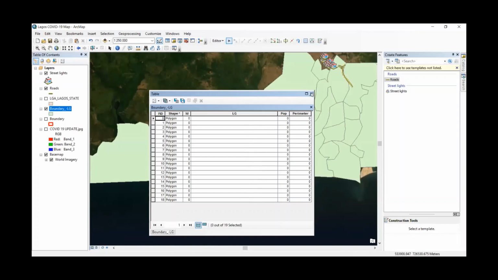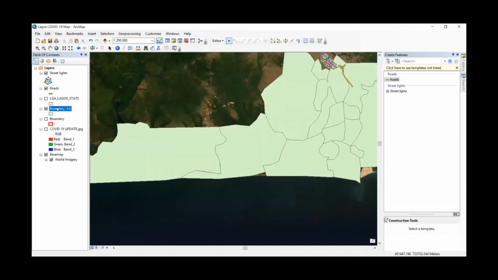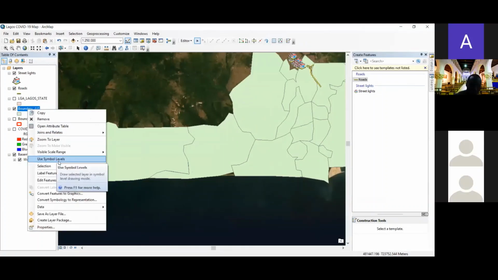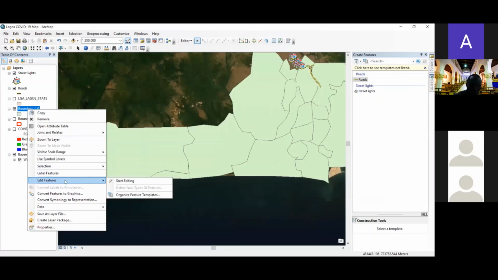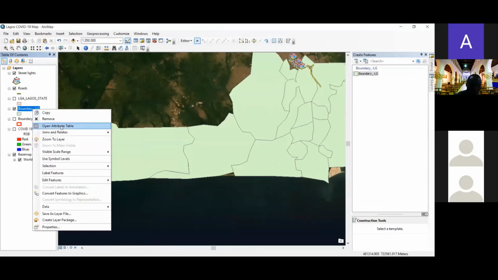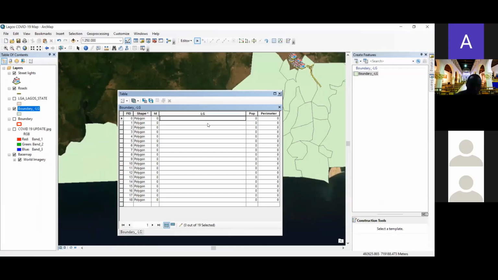So the first thing you do before you can edit anything, you have to turn on the editing, either using the editing tool or just using the shortcut. You highlight the feature, you click start edit. Do you want to save edit? Okay, what I did before. Yes. So when you start edit and you open the attribute table and you double click, you can see that